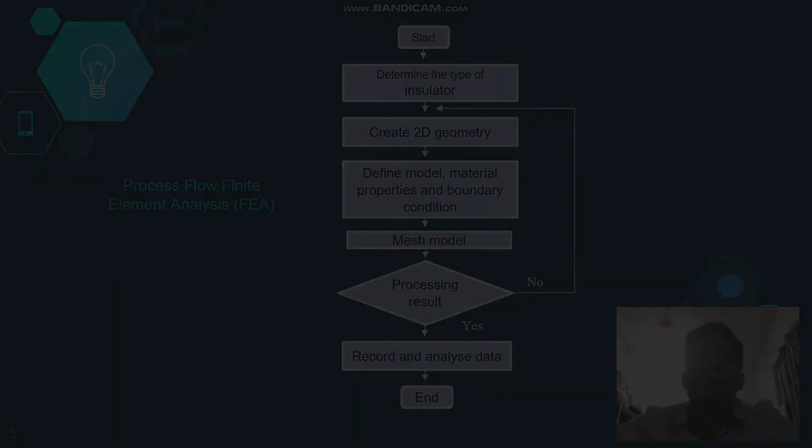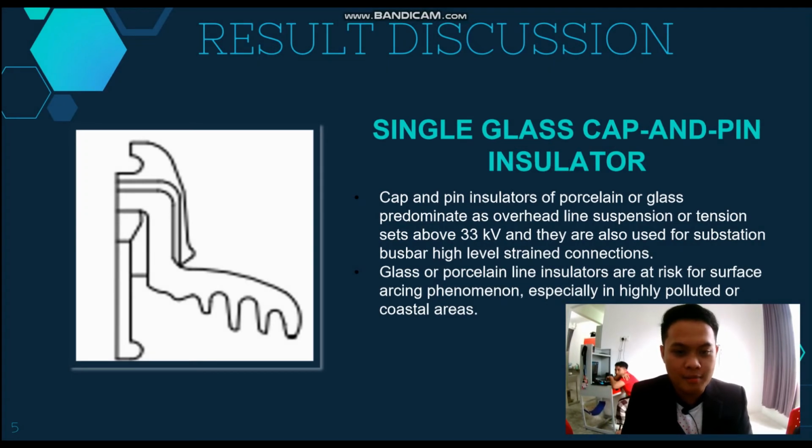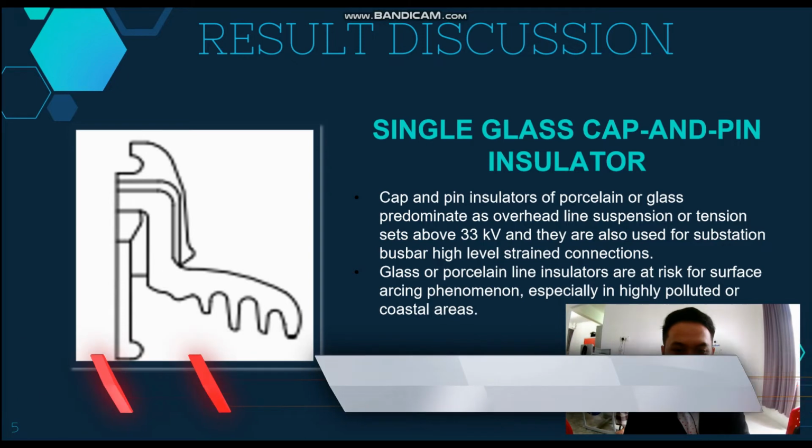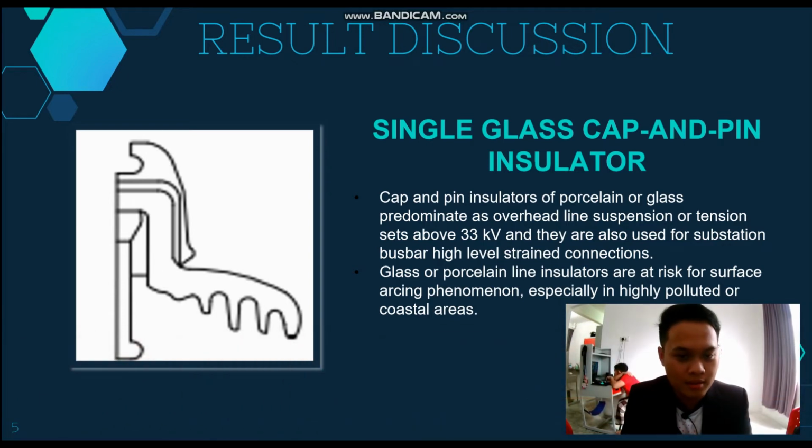That's all. Thank you. Next, I'm going to present to you about a single glass cap and pin insulator. You might be thinking what a single glass cap and pin insulator is. Right, cap and pin insulators are a type of porcelain or glass insulator predominantly used as overhead line suspension or tension sets above high voltage, which is normally 33 kilovolt, and they are also used for substation, bus bar, high level strain